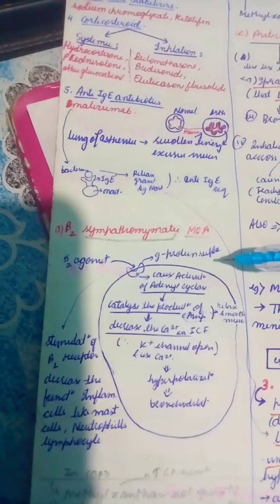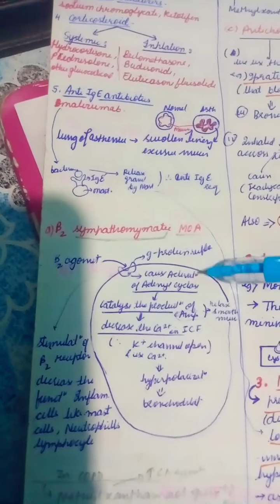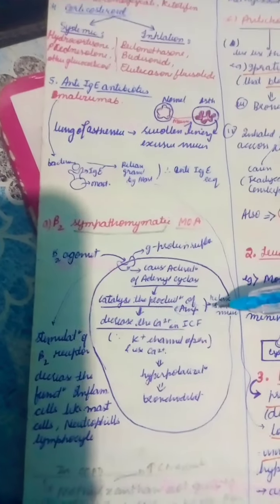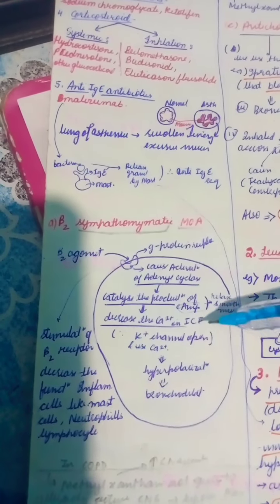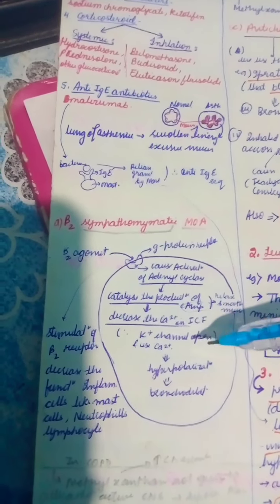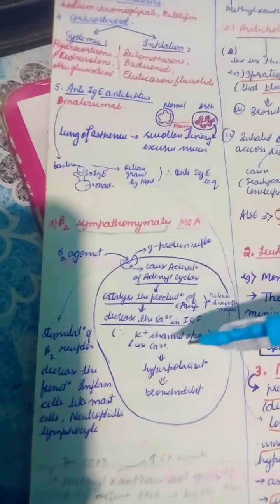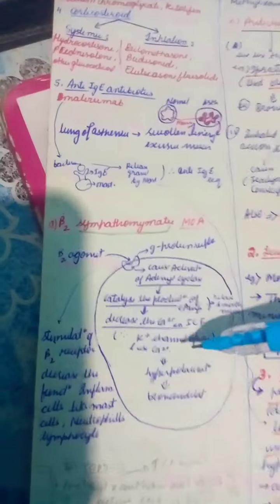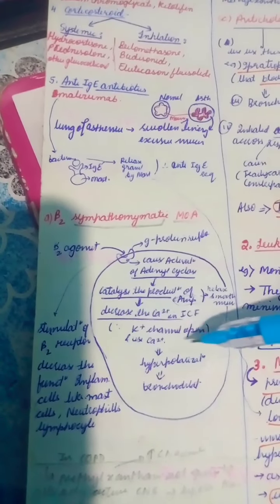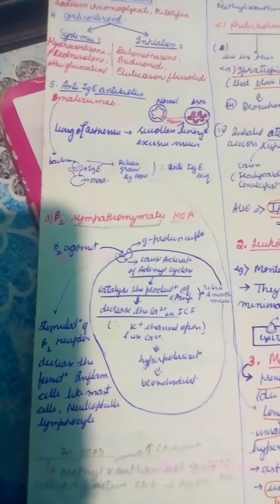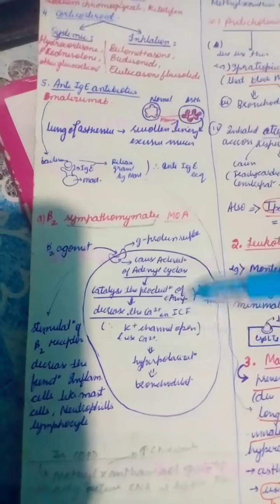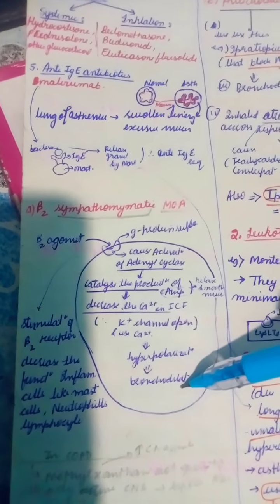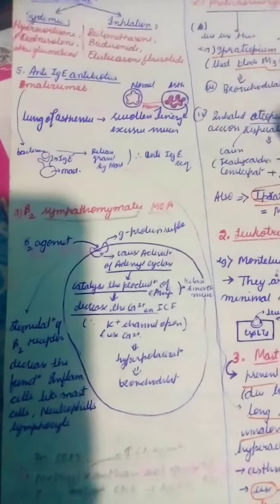Now, mechanism of action of beta 2 agonist: beta 2 agonist binds to the beta 2 receptor, which is a G protein coupled receptor. It causes activation of adenyl cyclase, which catalyzes the formation of cAMP. This helps in relaxation of smooth muscles as calcium level decreases in the ICF. Why does this calcium level decrease? Because due to cAMP the potassium channel opens and it uses calcium ion in order to open up and go out of the cell. This overall decreases the positive charge inside the cell and causes hyperpolarization, and therefore bronchodilation.